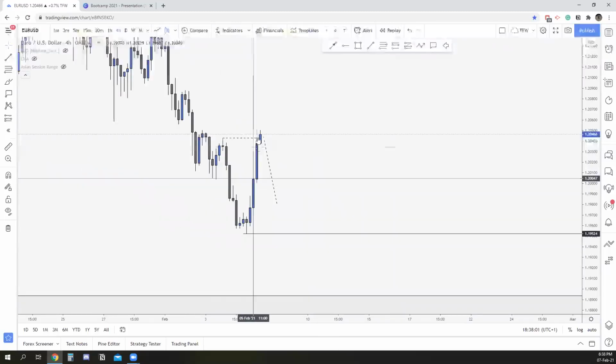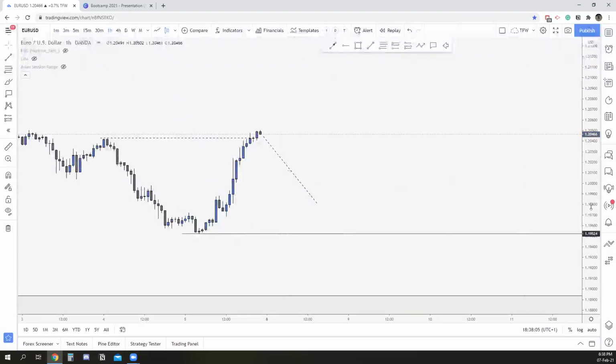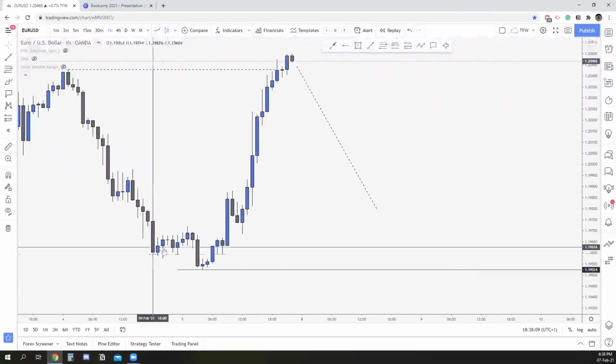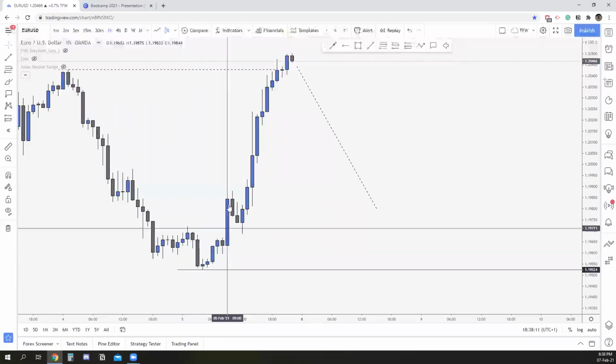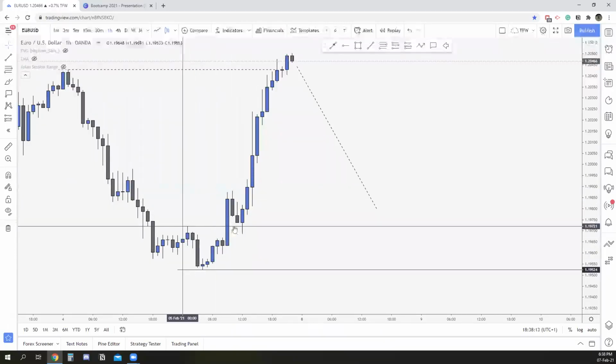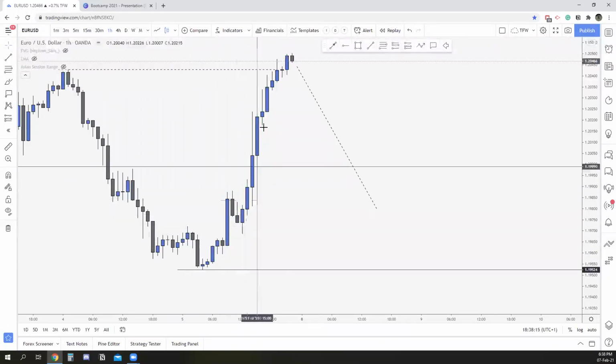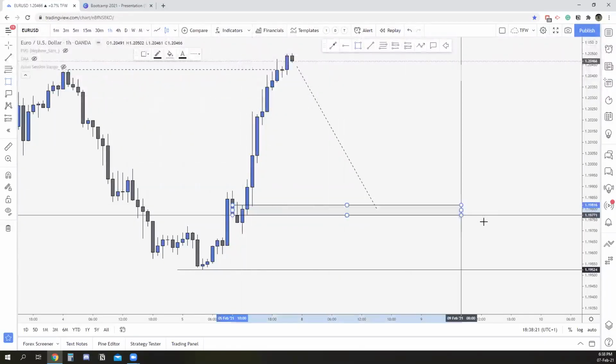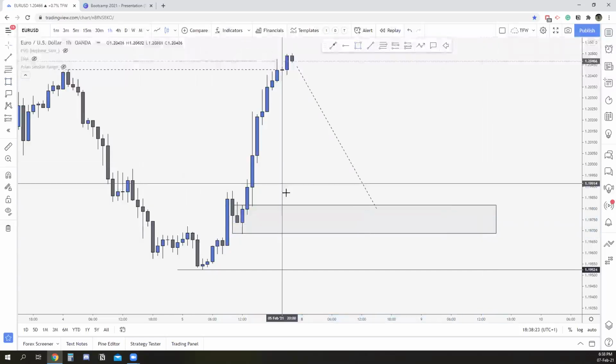So if we're looking for longs, then what I'm going to do is drop to the hourly and search for potential areas, all right? So right there, we have the market consolidating, took out liquidity, broke structure, first break of structure right there. First retest and a huge explosion. So the real move starts from right there. So if I'm looking for another buy, then I'm going to say, this is my OB right there, and I'm going to be looking for a buy from here.